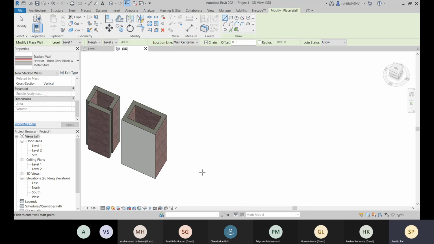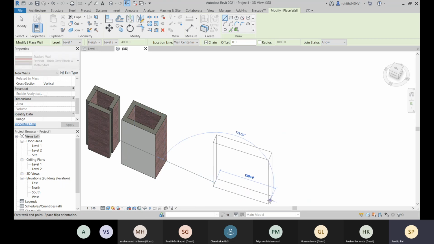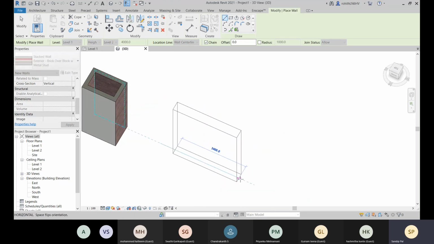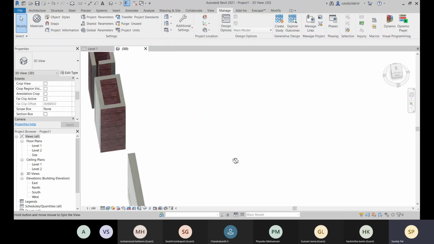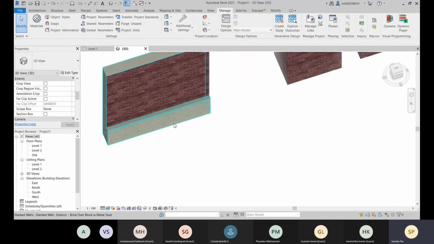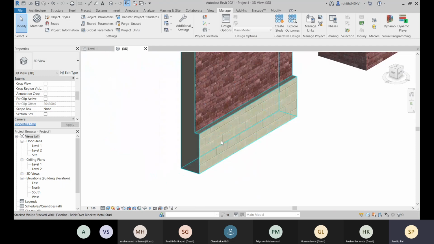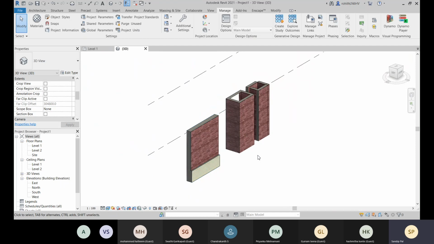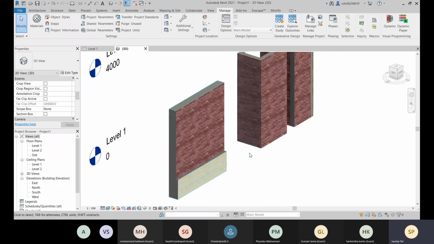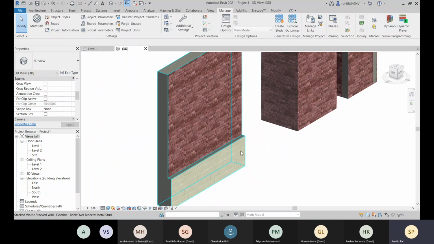Now let me place one stacked wall here. Here you can see that we have different types of walls placed with different heights, right? If you want to create like that, you have to create these sub walls first, and then you can place it.